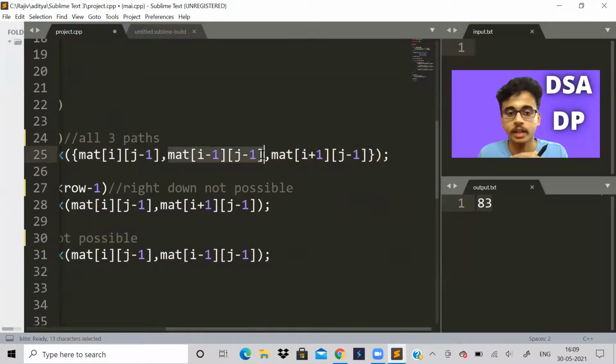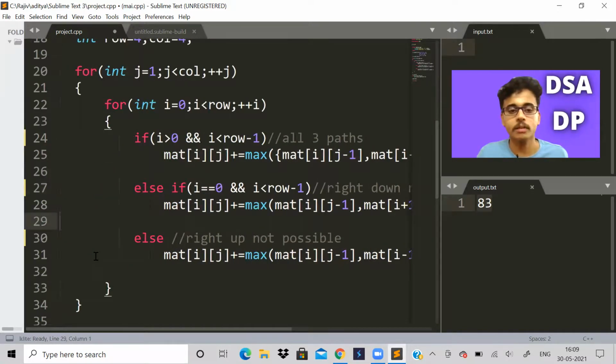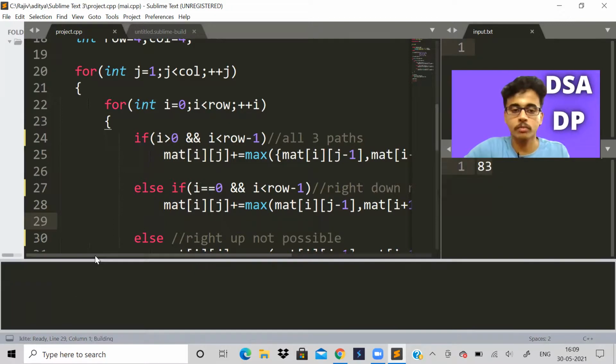This value, i minus 1, j minus 1, means right down. We could have used right down and ended up on matrix i comma j. This represents right up. This is also an easy problem, but I gave a complete explanation. Some people will say you have not yet done it, so I will run this and hopefully it will show the answer.